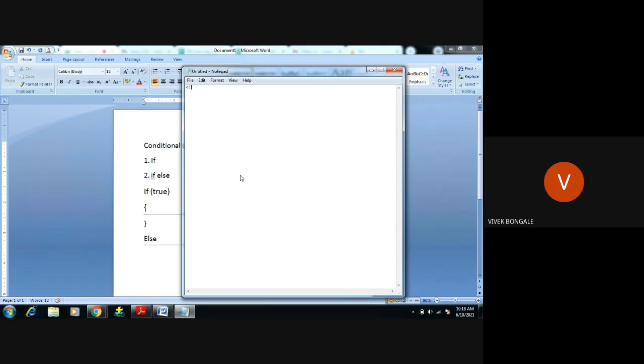Initially we have to give the HTML code, the skeleton, followed by HTML and head. Under this head, if you want, you can optionally give the title.